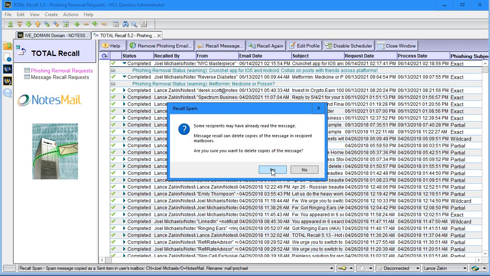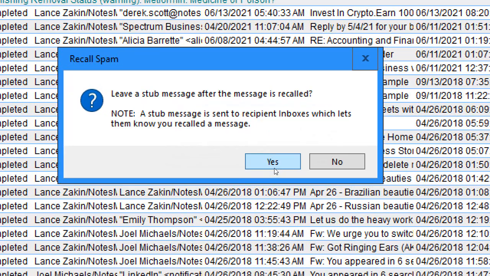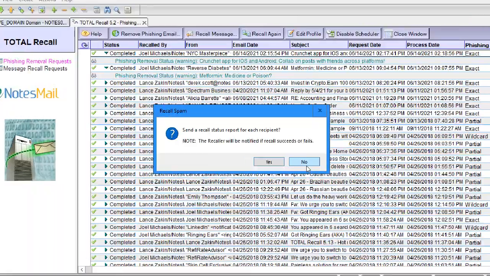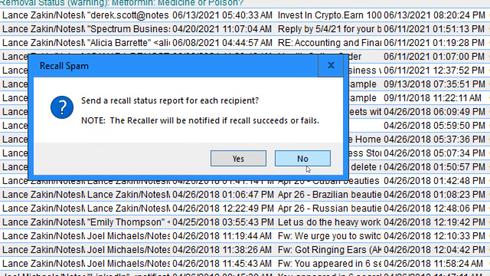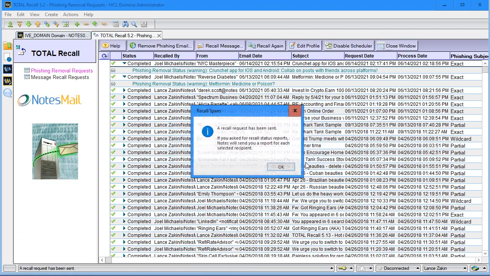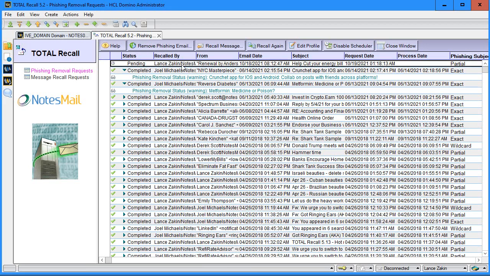Even if they read it, remove it, yes. Leave a stub message in the mailbox? No, let's not leave a stub. Send recall status report for each recipient? Let's click no. Let's not let them even know about it. And then click OK. So right now you see I'm the one who initiated the recall of the phishing email,